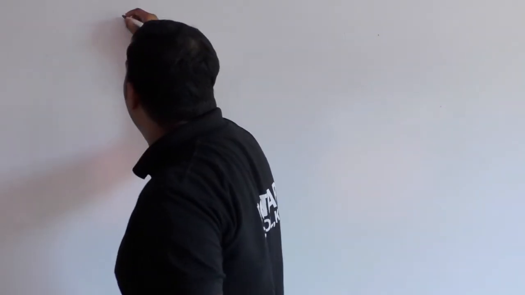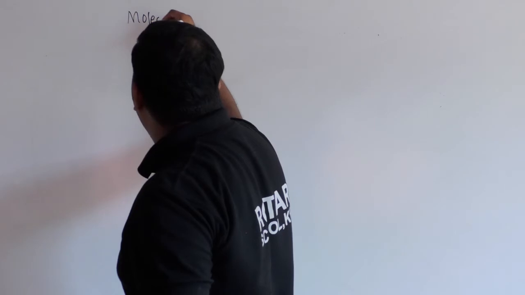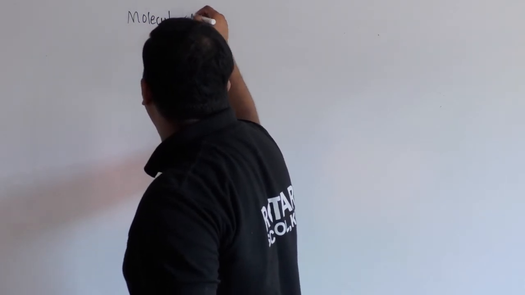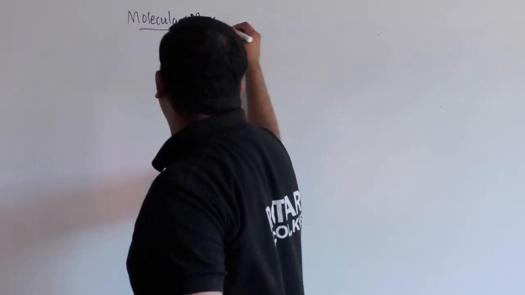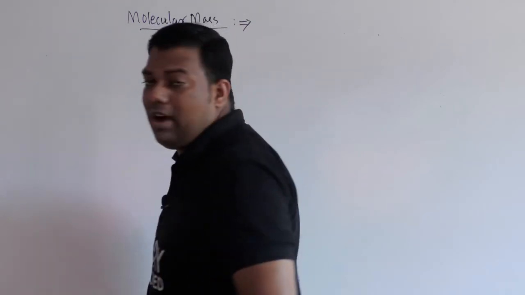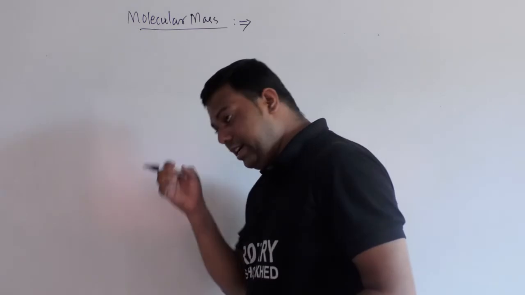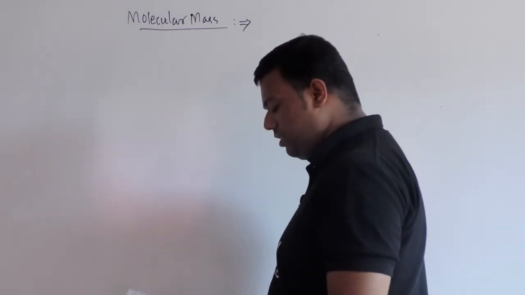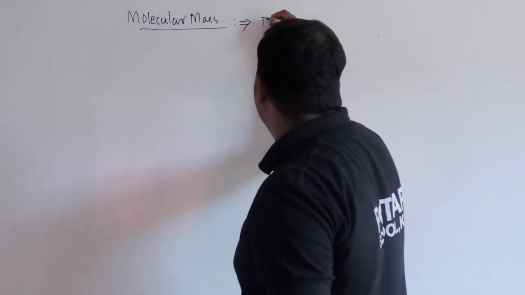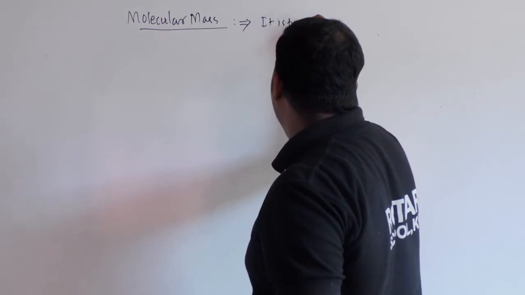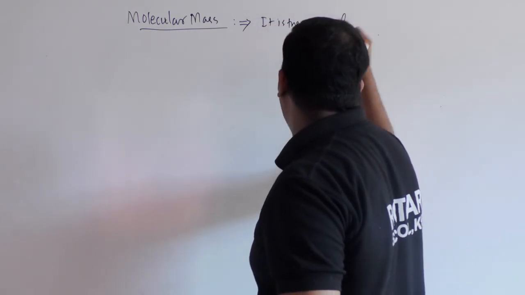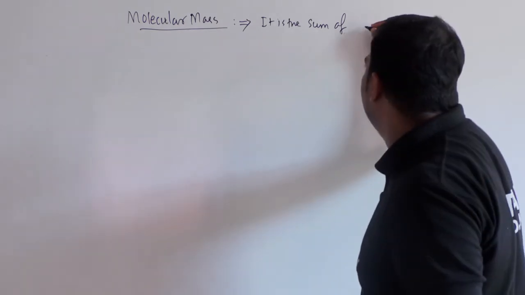So see here, what will be molecular mass now. So I hope you are paying attention. Molecular mass. In this molecular mass, beta, we will discuss the definition first. It is the sum of atomic masses